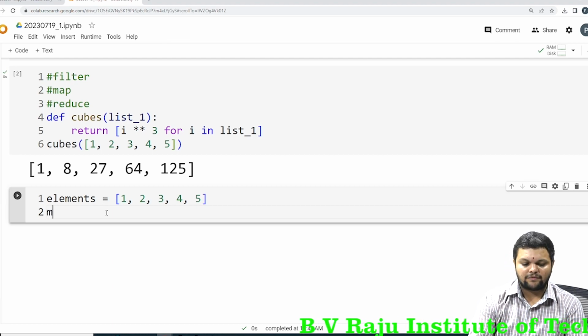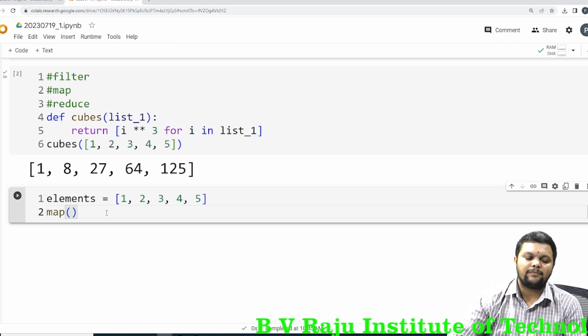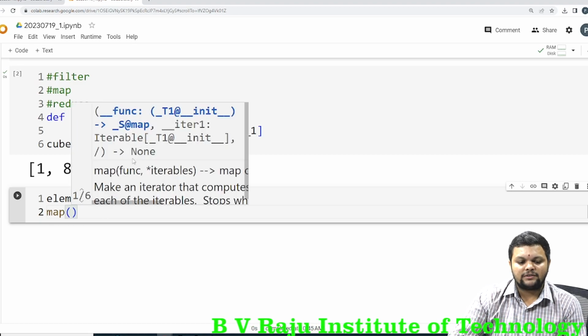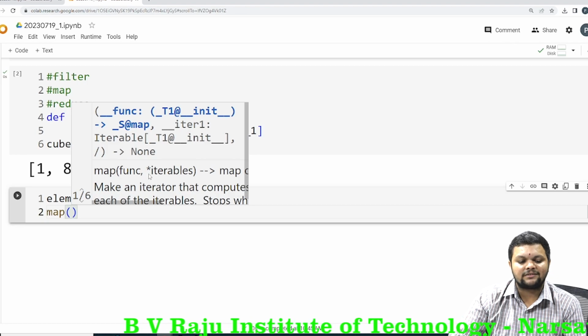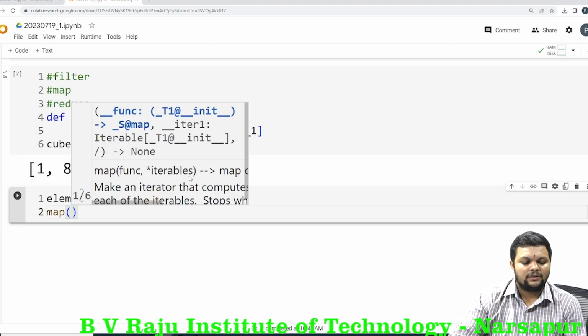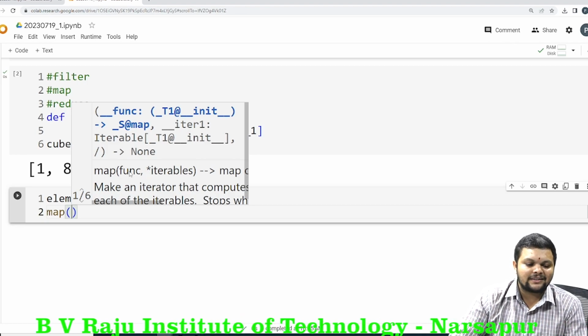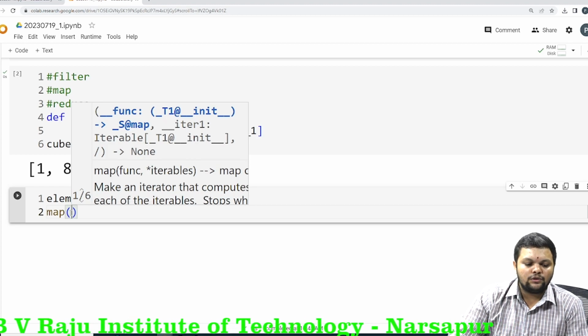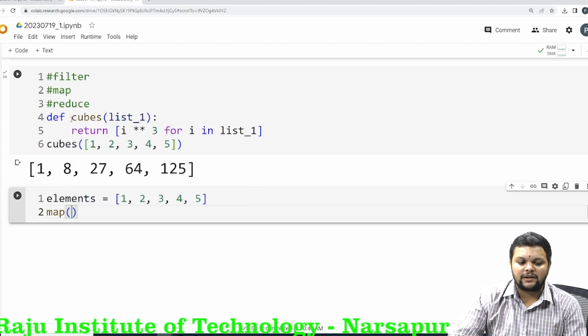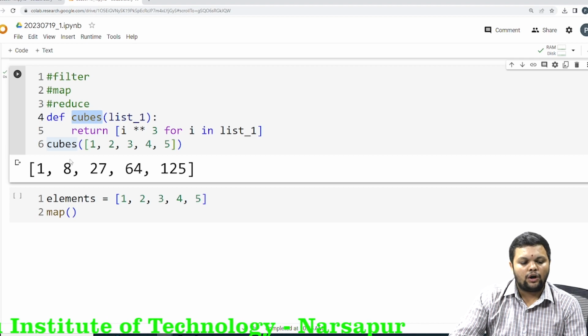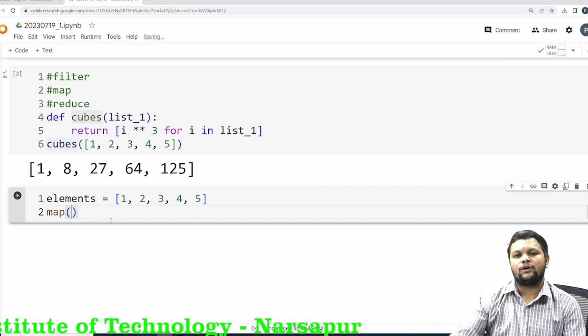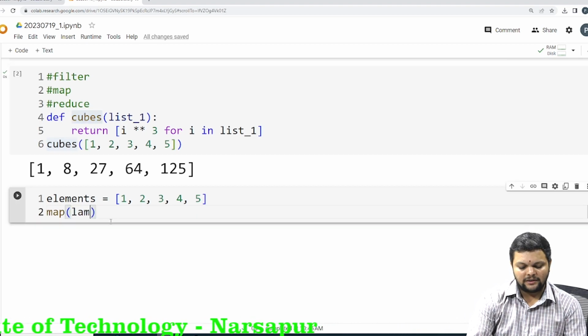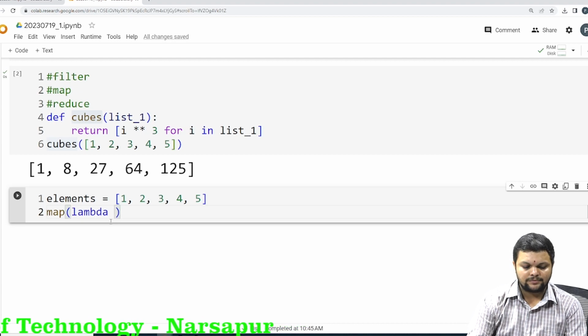On saying map, you can see it here. It has two things. First thing is function, second thing is iterables. Either you can take a function directly, like cubes here, or you can create a lambda function on your own. I'll say lambda x